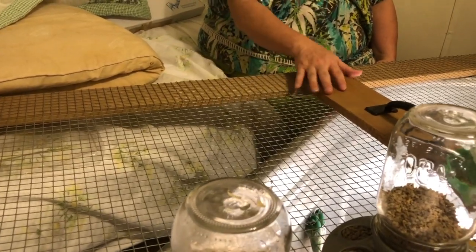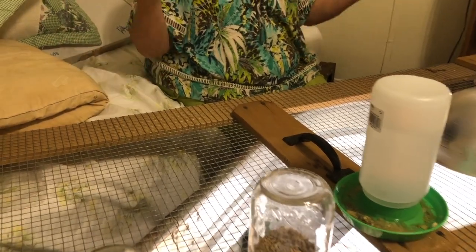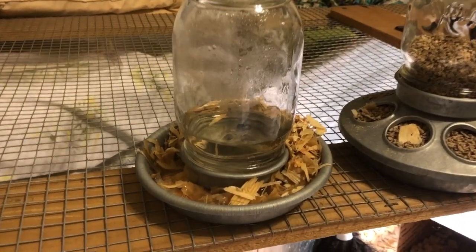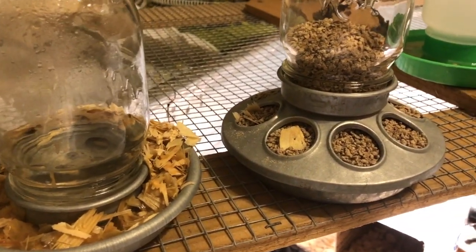Hardware cloth, and got a really handy little handle on the top so we can pick it up and turn it. As you can see, we can put it in many different configurations or take it off altogether. So we'll need to pull these items out, the water and the food out, or check on them at least, probably several times a day, because while they're in here with the pine bedding, and while these things are sitting